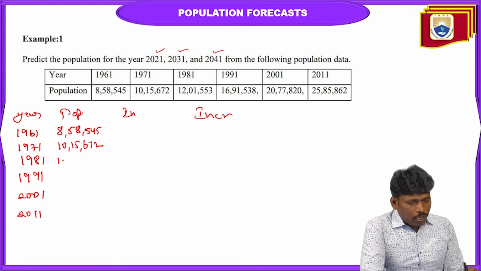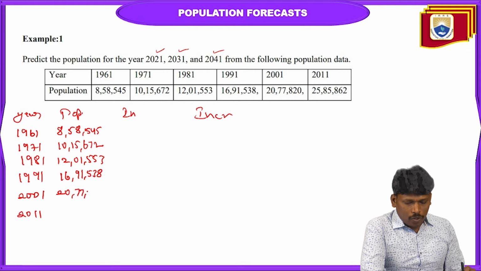Then 12 lakhs 1,553, and then 16 lakhs 91,538. Then in 2001 the population is 20 lakhs 77,820. In 2011 it is 25 lakhs